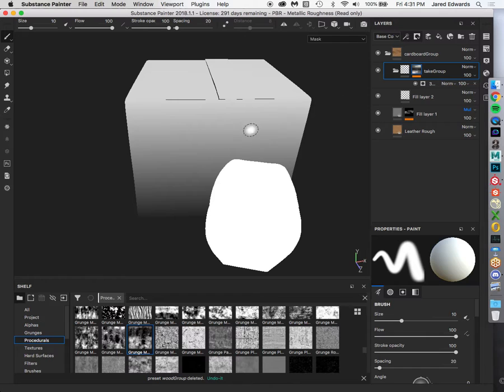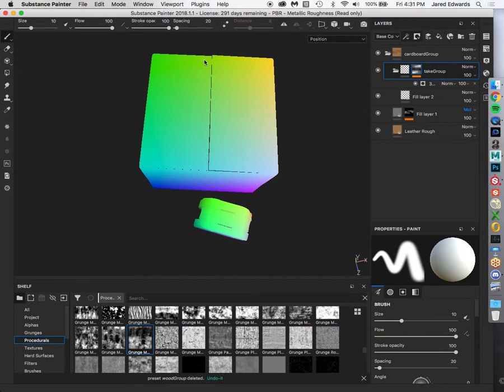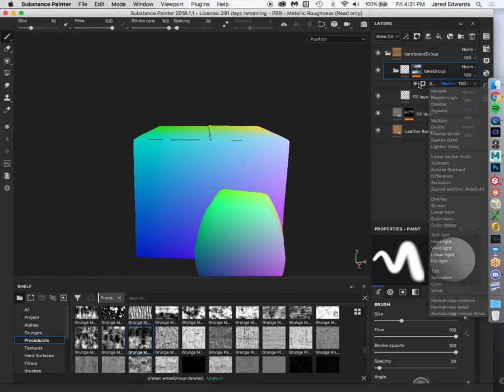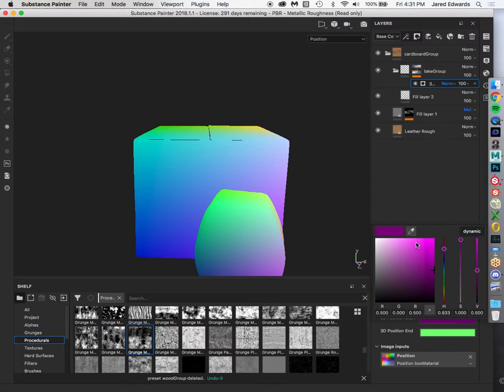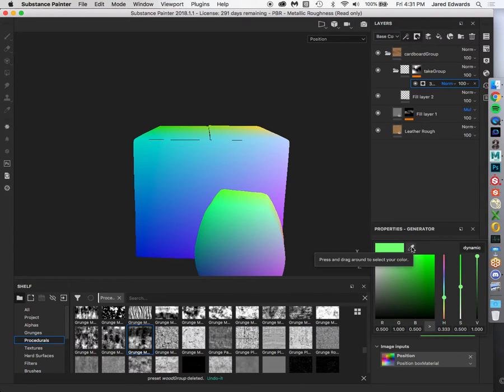That's what it looks like. I'm going to go to my position. And this time, because I'm trying to get a piece of tape that wraps around it, I need to make almost like a line that goes from here to here, but around the box. So in the 3D linear gradient, we're going to click on 3D start position, click on the purple, color sample one side of the box, click on the green, hit the little color sampler, hit the other side of the box,